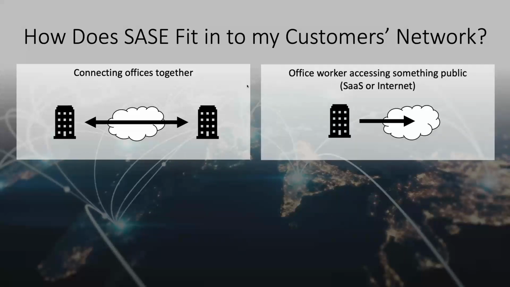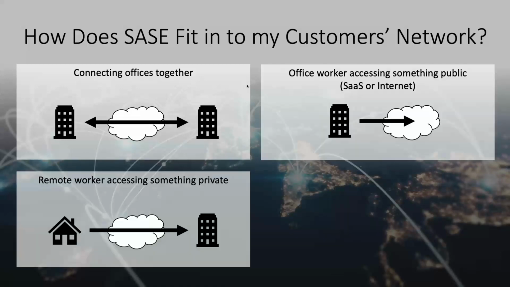The second one is, I've got people at the office and they are accessing the internet, right? They're going through traditionally a UTM, a next generation firewall, accessing the internet, and they're accessing SaaS applications, right? They're going to Office 365, to Salesforce, to all your typical SaaS applications, or they're going to the internet, right? And that going to the internet scenario is really important, because that's where they're getting their malware and bringing it back into the office. So an internal user accessing external applications or external resources.